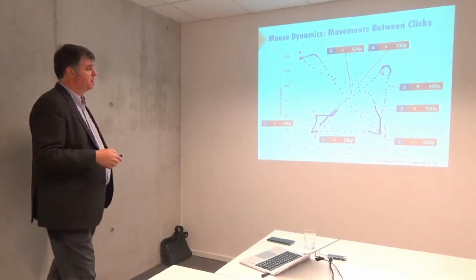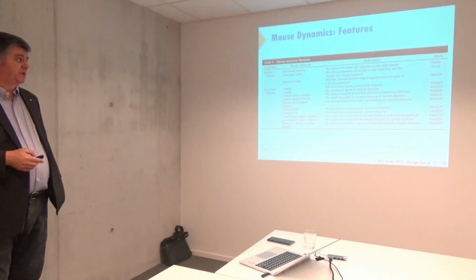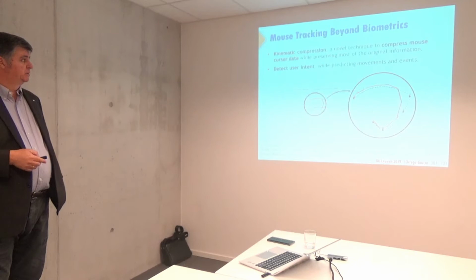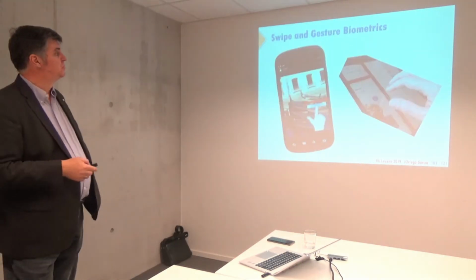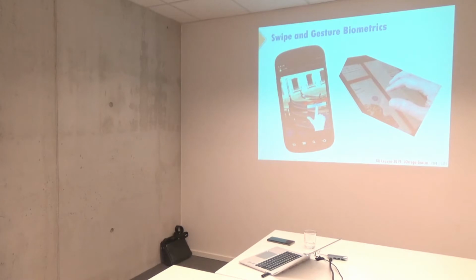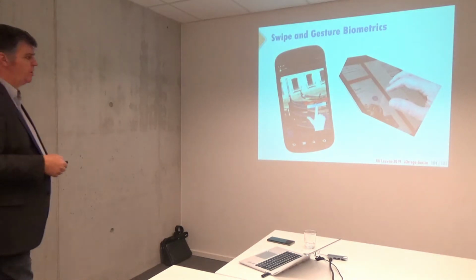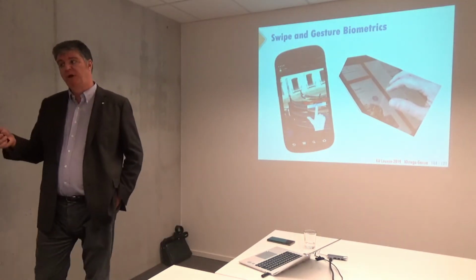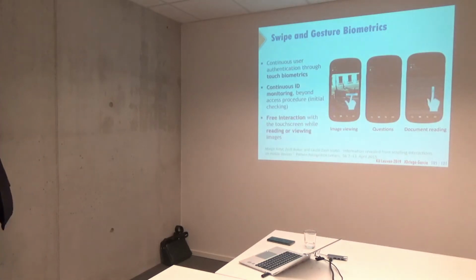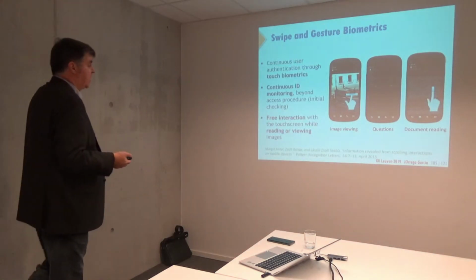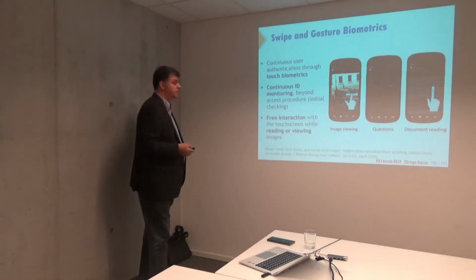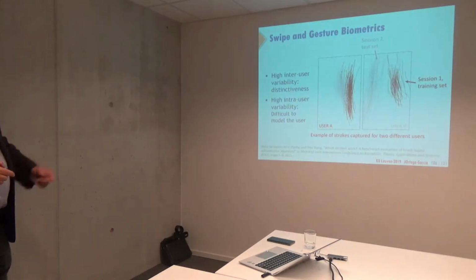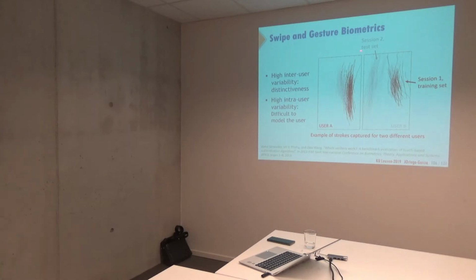Movement between clicks. That's the other problem, but perhaps we can discuss that in the discussion. And I think swipe and gesture biometrics is very recent. We are just looking at the horizontal and vertical movements. That's what we can do at the moment. You can use that for continuous ID monitoring with free interaction, while the end user is reading or viewing some images, and these are the type of signals you can